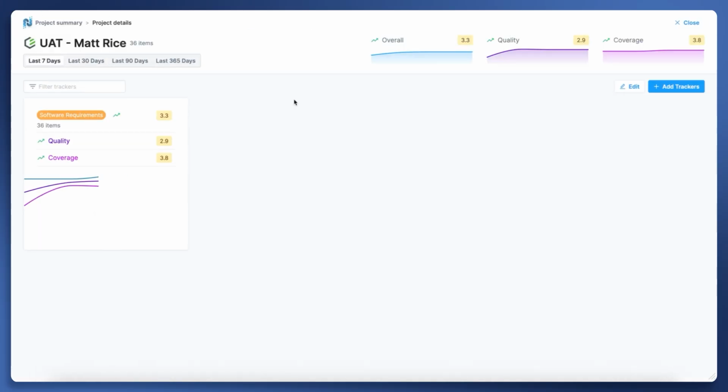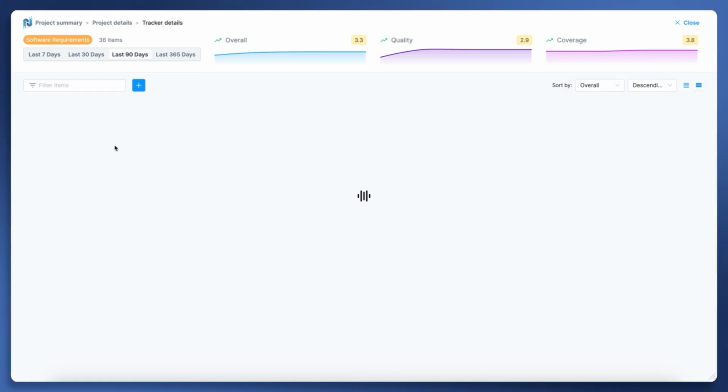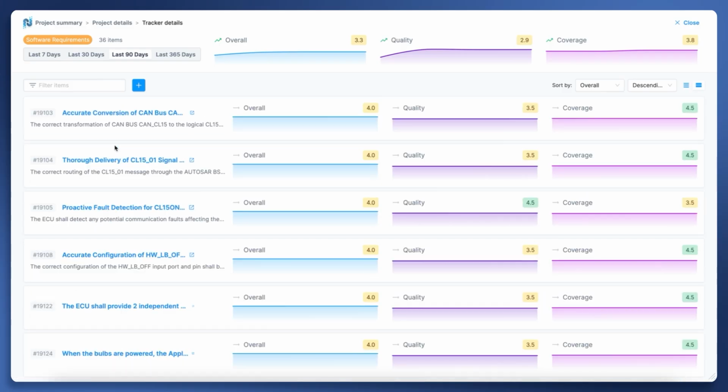We drill into this project, we see all of the trackers that I have configured to display in here. And right now I only have one for software requirements. I can view this data over time to see how things have changed. I can see if it's trending upward, downward in terms of the overall quality, the overall coverage, things like that. And we can drill into the actual tracker and see each individual item as it has performed over time as